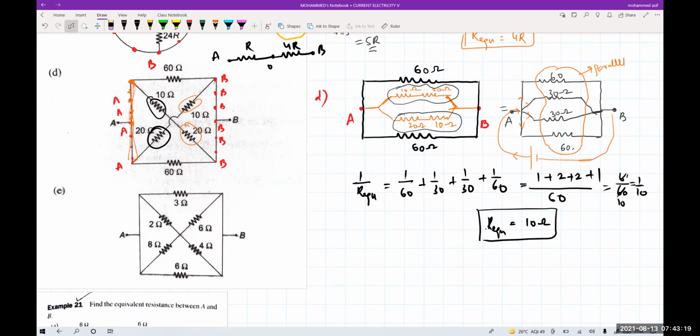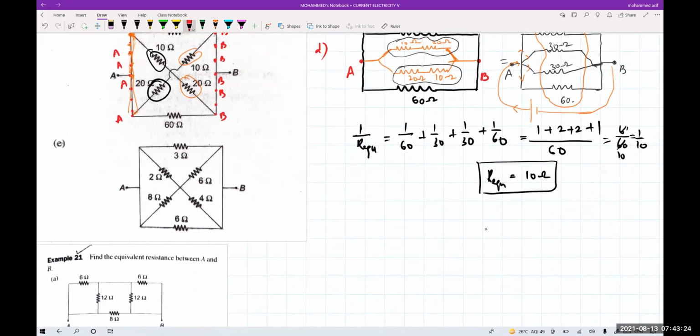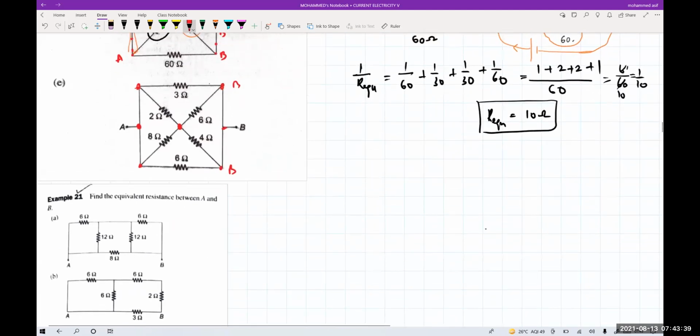Next one. Number E, same potential. Now this wire and this wire are again connected to the A only. So I can connect them to the point A. This point and this point are again connected to the B only. So I can connect it to the point B. Now see here they are intersecting. That means we need to take a joint here right now. Same like the previous one. Can you try it?